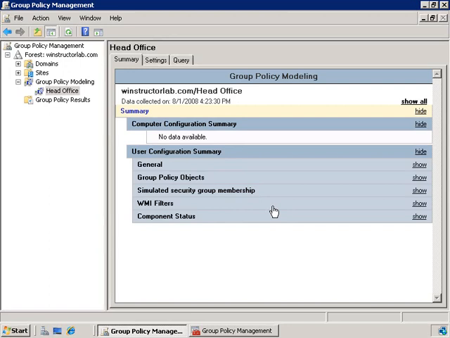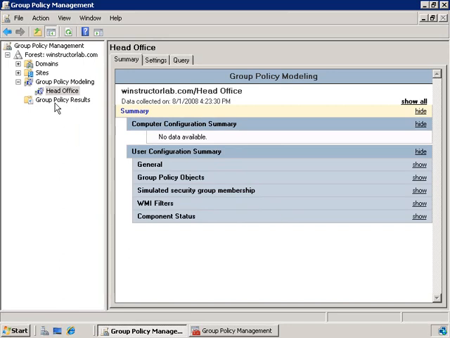So this is a really cool and useful feature of group policy, and I'd recommend that you use it before you actually implement any new policy changes. That way you're going to see how it's going to look before you make a live and potentially catastrophic change to your environment. Alright, well the other feature that we're going to take a look at in this video is